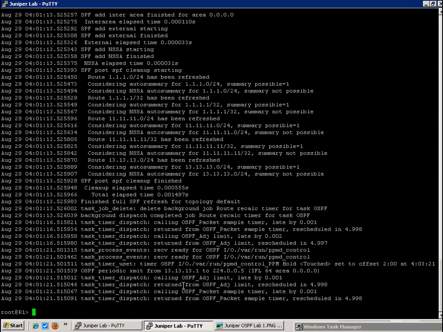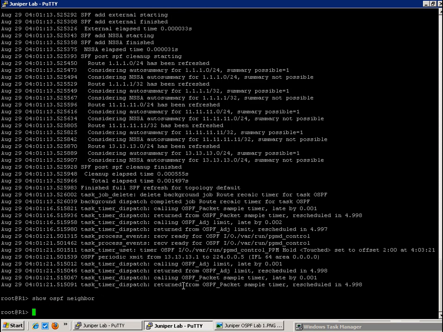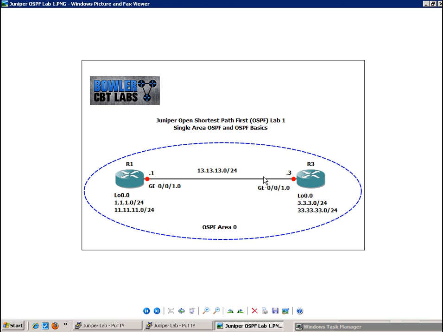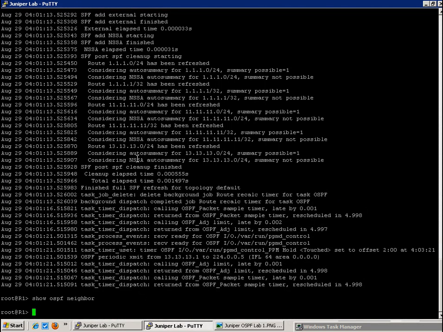Also, one of the first commands I'm going to do and show you is the command show OSPF neighbor, and you can see by doing this we have nothing right now. We have no neighbor relationships, and that is because we still have to go under router 3 and set up OSPF on it. So we can see right now that on R1,